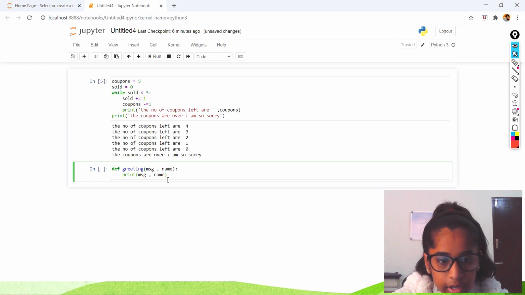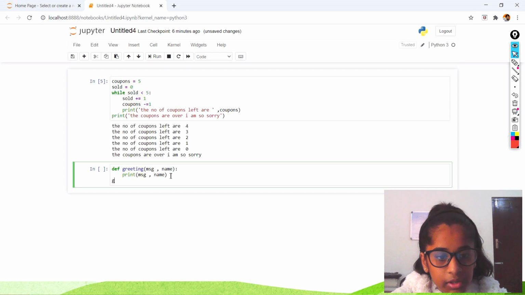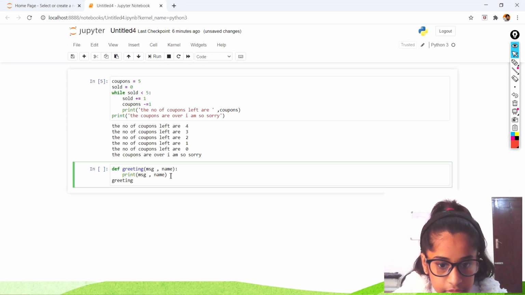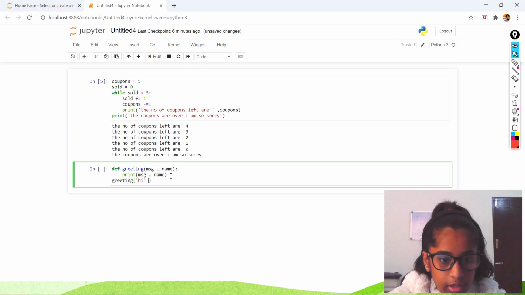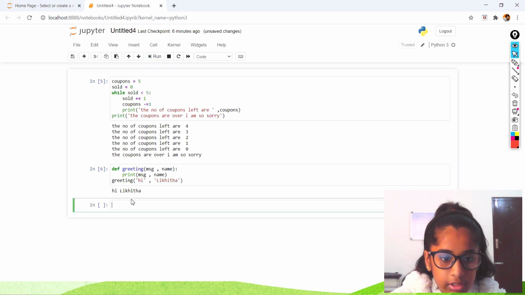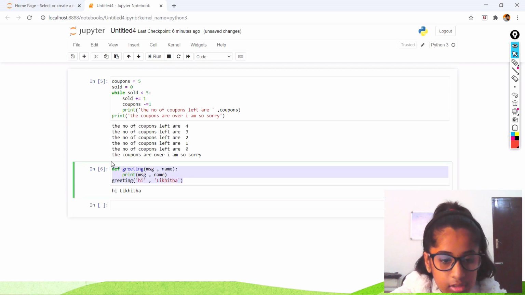After we come out, we call it by saying greetings, like this, and inside it we're going to put the message. I'm going to say hi as the message, and the name as my name, Likita. Now let's run this. It's going to say hi Likita. This is called the positional argument.